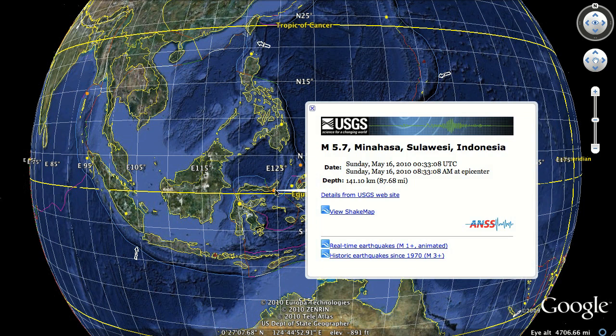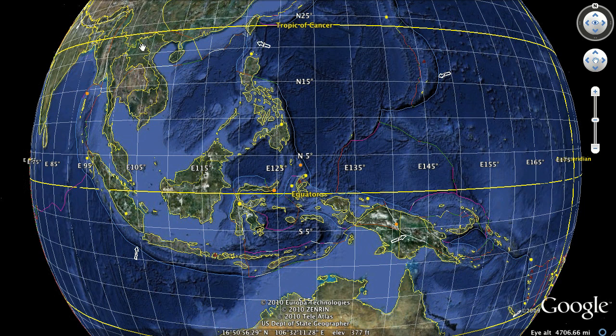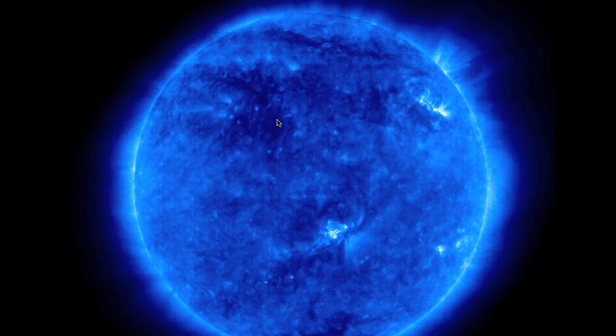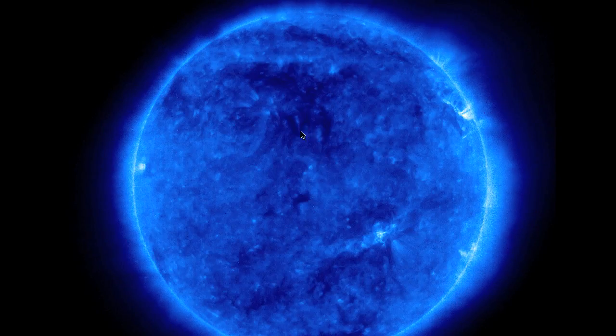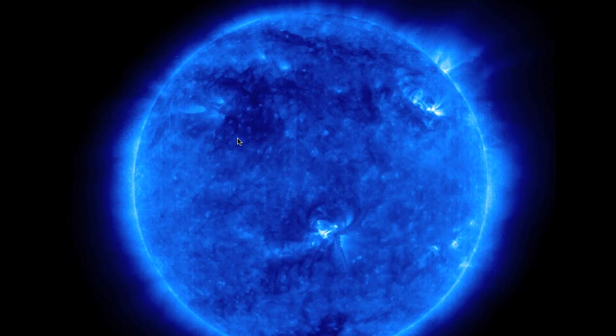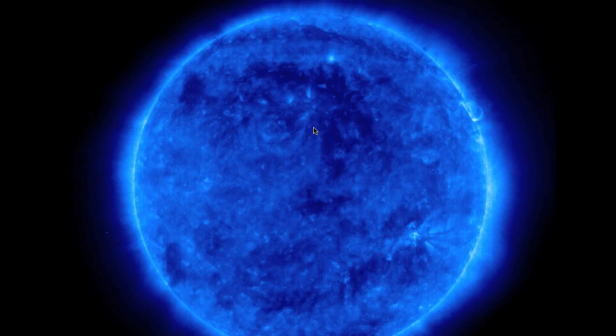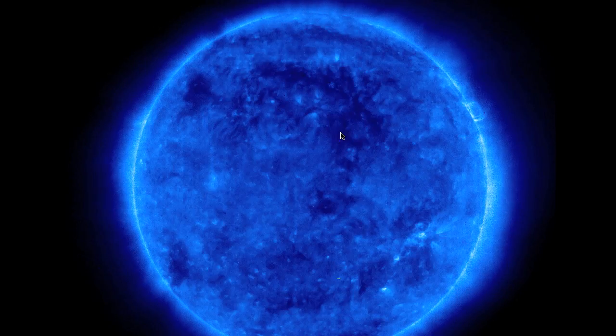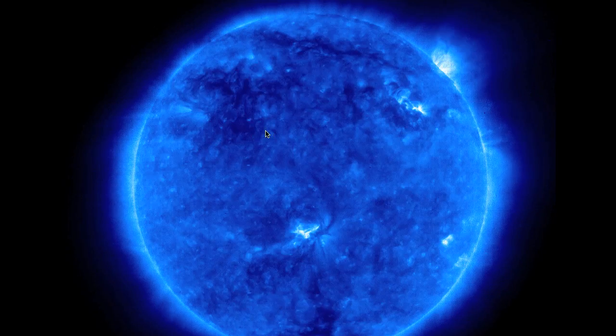Now, as far as the depth goes, this was a very deep quake. The one in the Philippines was also very deep. This quake was 113 kilometers deep, and so that is probably not going to be enough energy to disturb the surface water, which in the frequency differentiation, I'm reading this as a sort of island region, and that this part of the disturbance influenced the water to an extent, not a big tsunami or anything like that, but that this just was big enough to disturb the water,